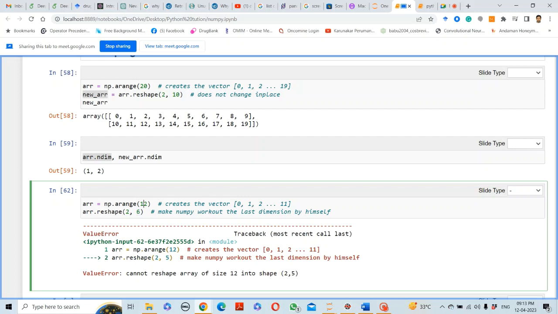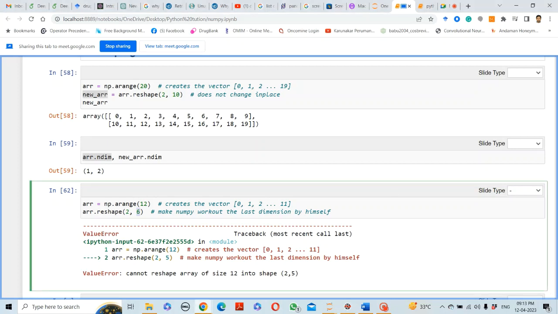But assume that this particular value is not 12, it is very large, and you are sure that you can arrange that very large array into, say, 35 rows, but you don't know what the number of columns will be. In that case, you have to divide that very large number of values by 35, as I have done here, 12 by 2. Then the quotient that I have